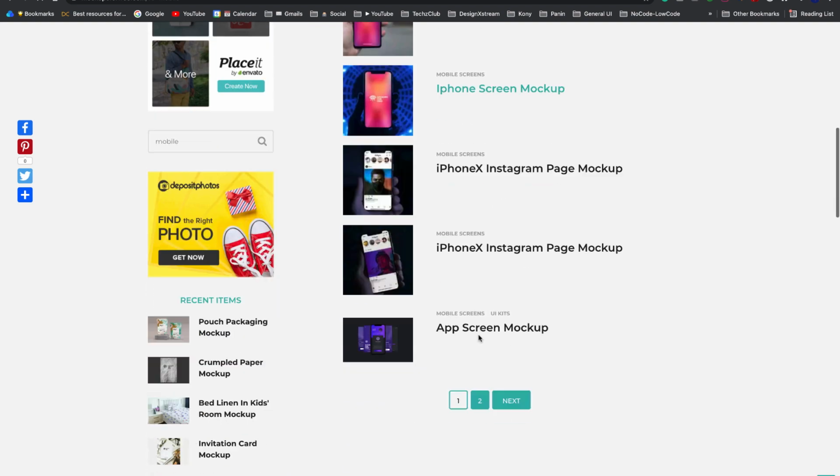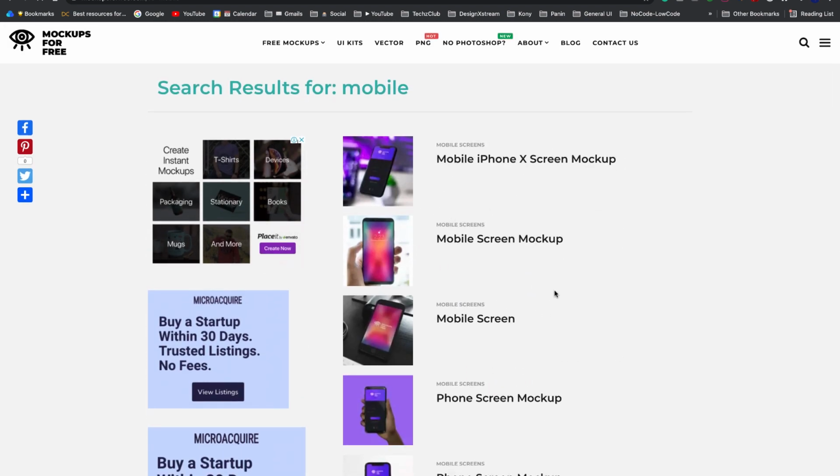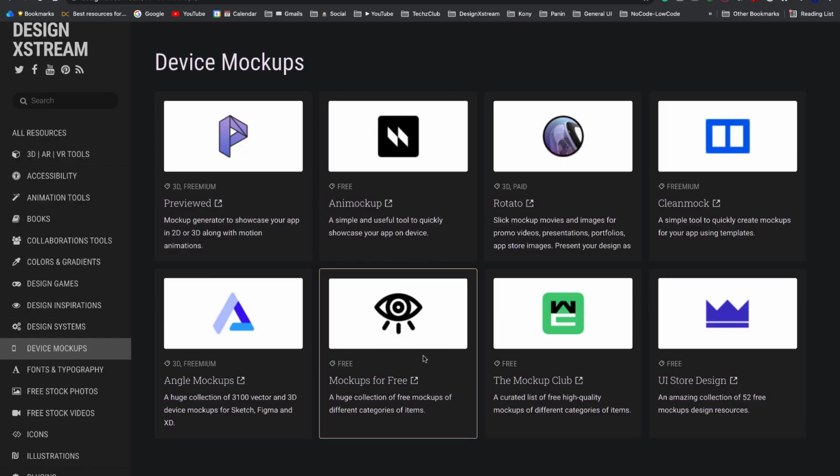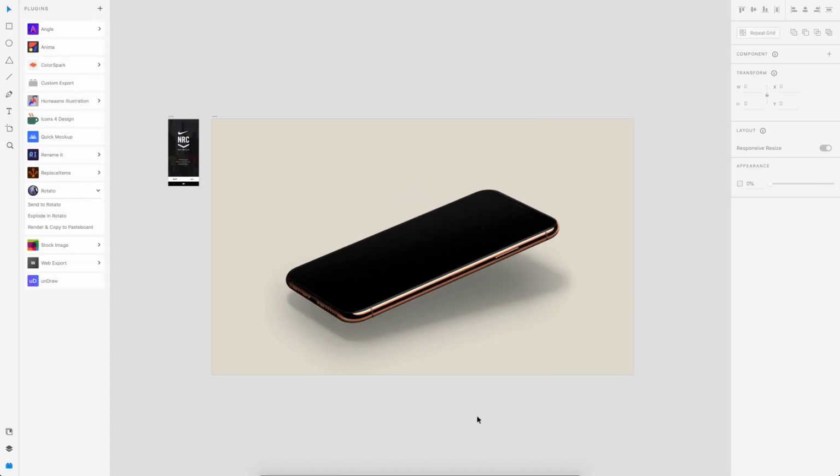So these are really cool, right? You can check all of these, and most of them are free. So it's a really cool website. So I'll be adding more of these and updating the site. So make sure you have a check on these tabs here. So let's head back to Adobe XD and see how to work around with this.